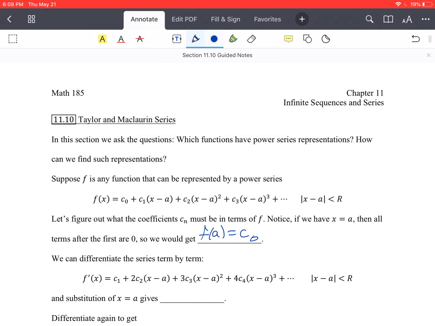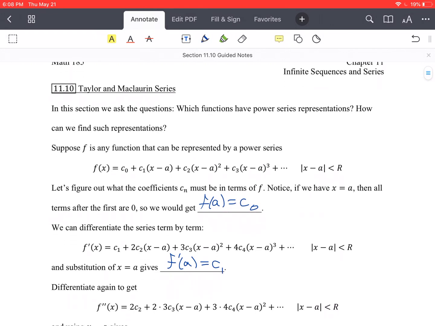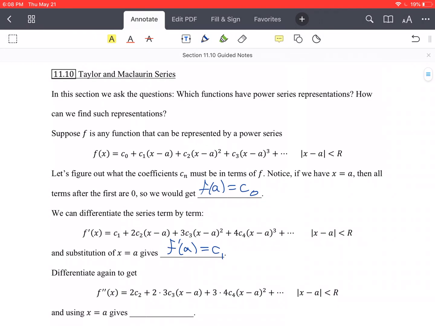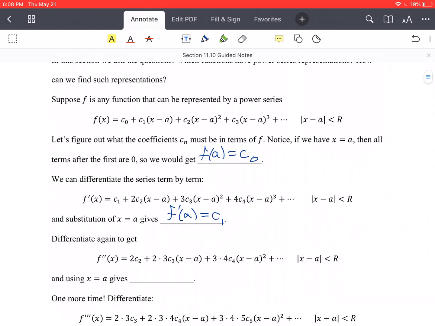And substitution of x equals a gives us f prime of a equals c1, because all the additional terms turn into zeros. Differentiate again to get f double prime of x, and then using x equals a again